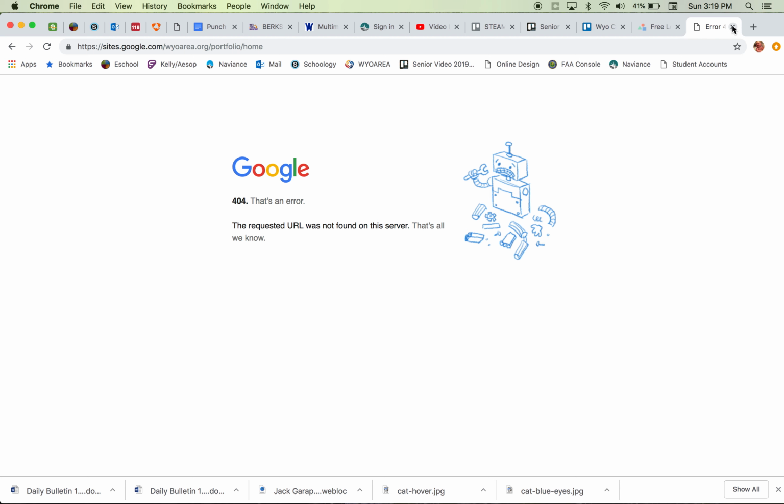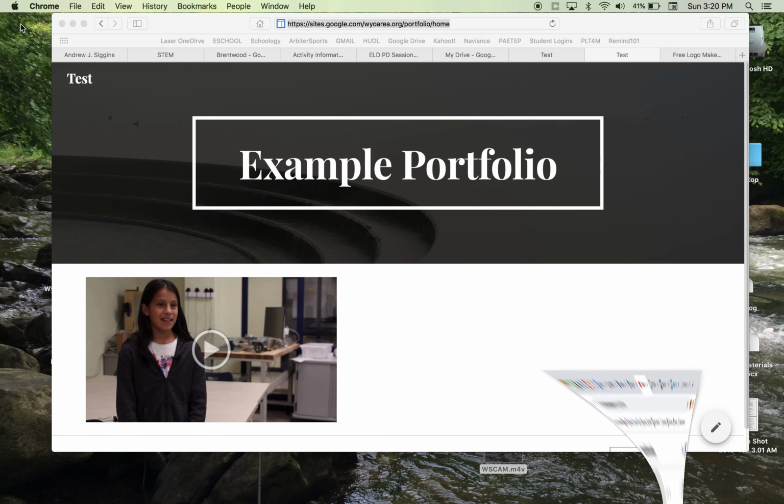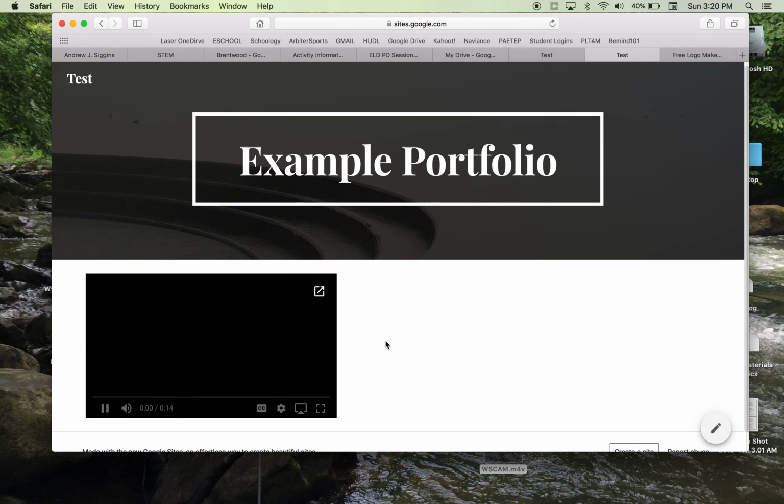I'm actually doing this at home right now over break, and as a result, I'm not in the school's network, so this will not work. If I hit refresh when I'm on the school's Wi-Fi, this would load. But because I'm outside of the Wyomissing Area School District, it's no longer wanting to play. But I promise you, if you use the other web browser not logged into Google, it will show you whether this link is playable or not. And if I click it,